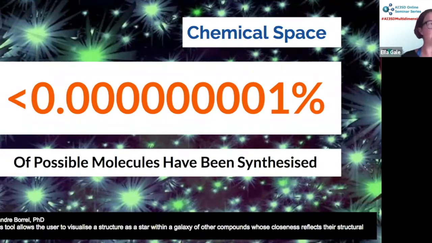What happens is people go into the lab and they tend to try and make molecules similar to the sort of molecules other people in their group make or their professor makes. So we've made inroads into this space, but there's a lot of empty space out there. And this is where machine learning comes in. Machine learning can help us explore this space and break out into new areas and find new types of chemicals. And also it can help organize it.